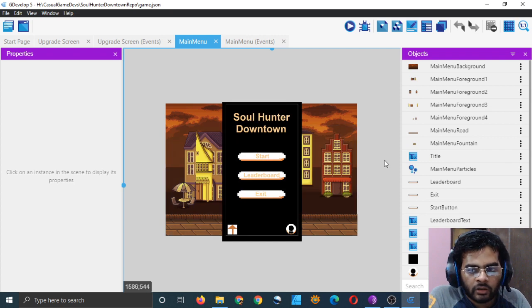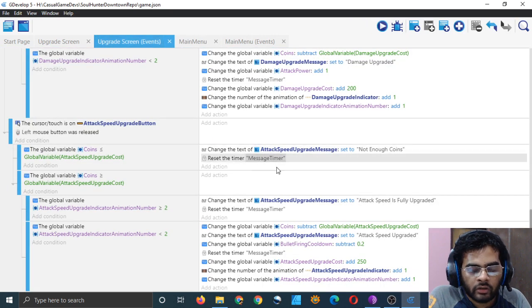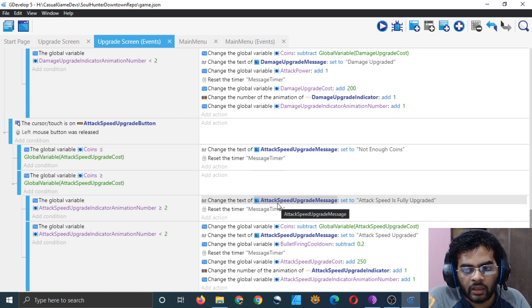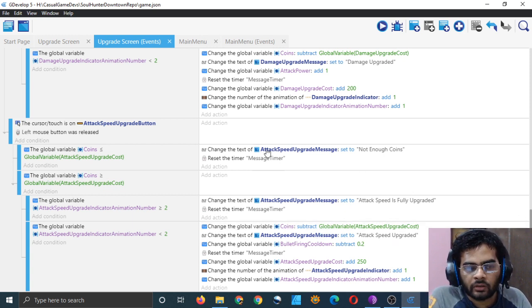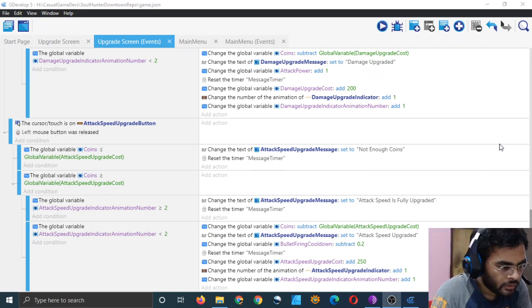So yeah, it was working. Even if you fully upgrade your stats, it will say not enough coins instead of saying it is already fully upgraded. That is also okay, but that gives the wrong message to the players, right? It says you are not upgrading because I don't have coins, so that means if I earn more coins, you will let me upgrade even beyond that. So that is the wrong message being sent. Let us correct that a little bit, and let's see how we can do it.